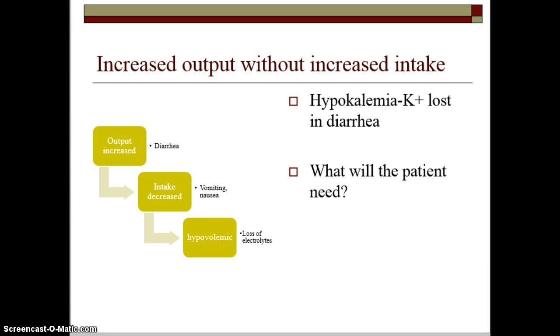As we look at another factor that plays into fluid and electrolytes, increased output with increased intake. And so we see hypokalemia, potassium is lost, perhaps in diarrhea. What the patient will need then is replacement of potassium. Output is increased in things like diarrhea. Intake is decreased because of vomiting and diarrhea, and through both of those we lose a lot of electrolytes, and